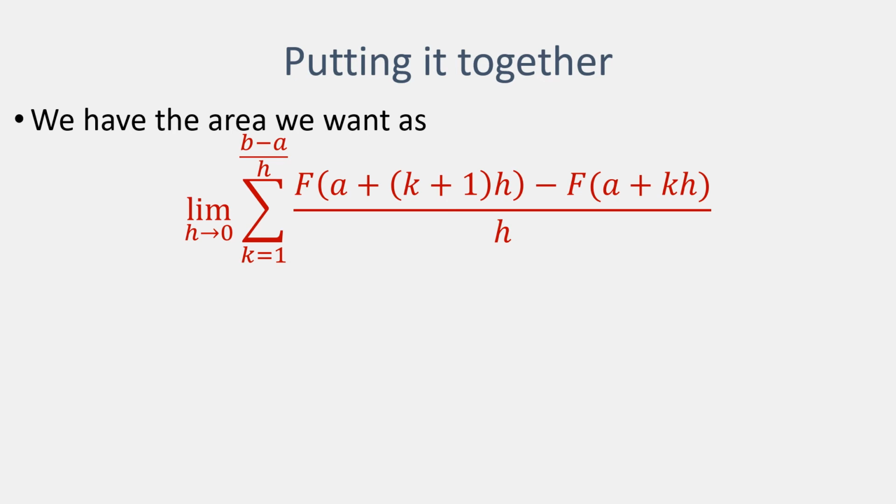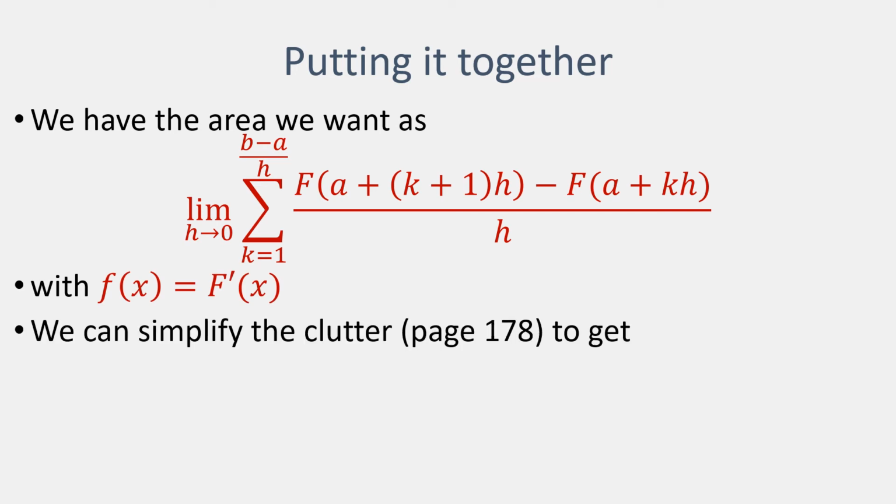So we put everything together. What happens? The area we want turns out to reduce to this expression here: the limit as our rectangle base approaches 0 of this summation here. And this is our first principles, first derivative definition for the function big F of h, which corresponds to our function little f of h, which we are analysing.